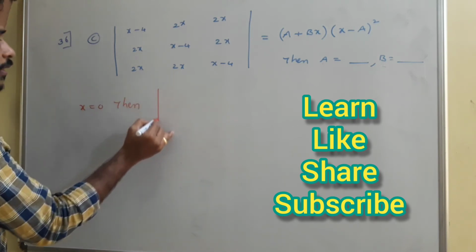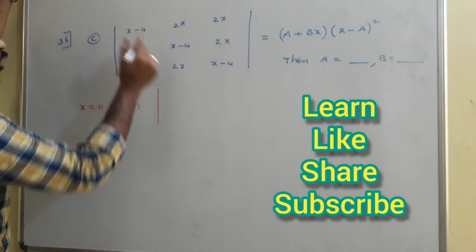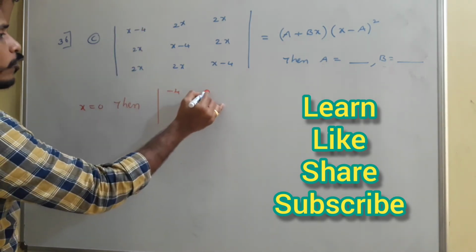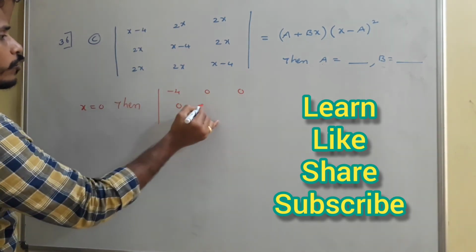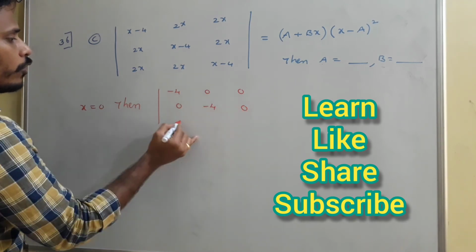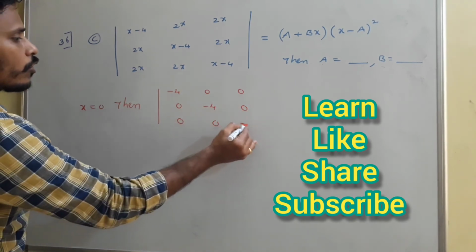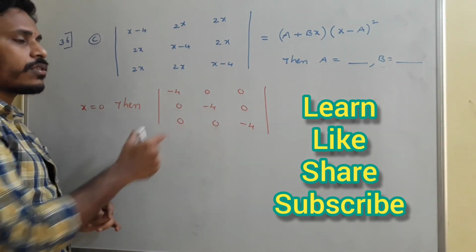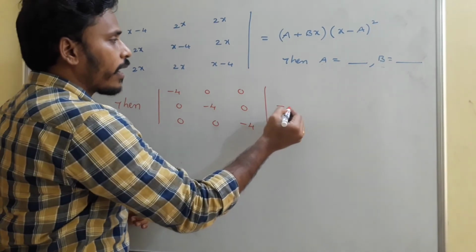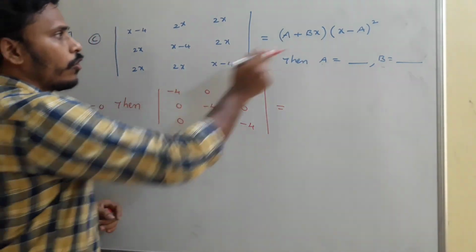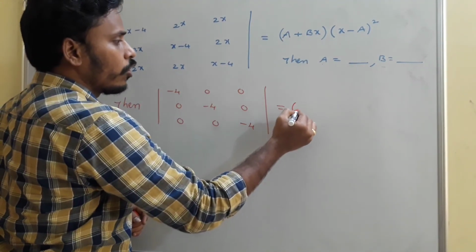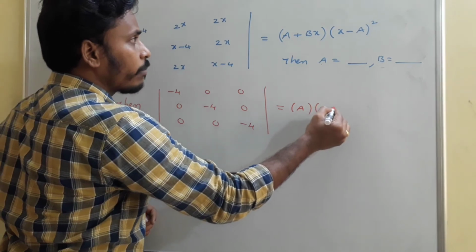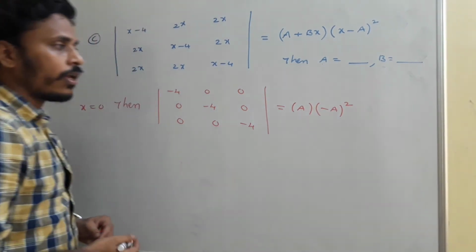this. Then the determinant, you are taking x as 0, 0 minus 4 is minus 4, 2 into 0, 2 into 0, 2 into 0, 0 minus 4, 2 into 0, 2 into 0, 2 into 0 and 0 minus 4. So just by taking x equals 0, this is the left side. Whereas coming to the right side, x we are taking as 0. Since x into something is 0, you are left with a and again here minus a square. Okay, just have a look.